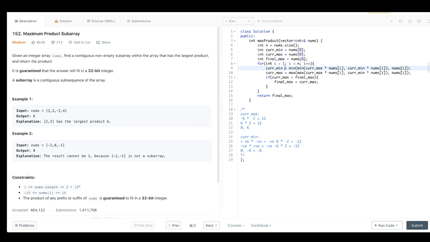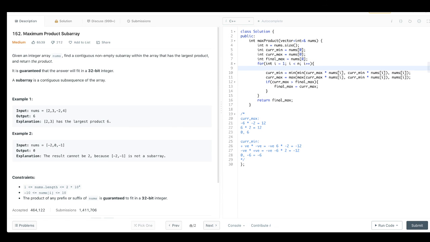So for keeping the min from the previous iteration, we'll keep a temporary variable temp for the current min, and we'll multiply the number with the minimum from the previous iteration, which is stored in temp now. Everything looks good now. We'll try to compile this.